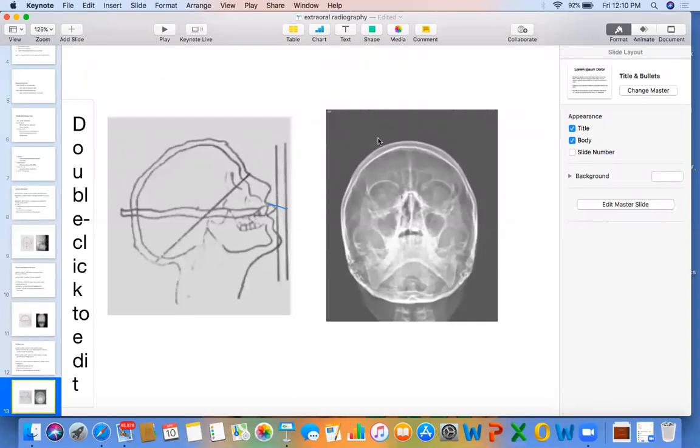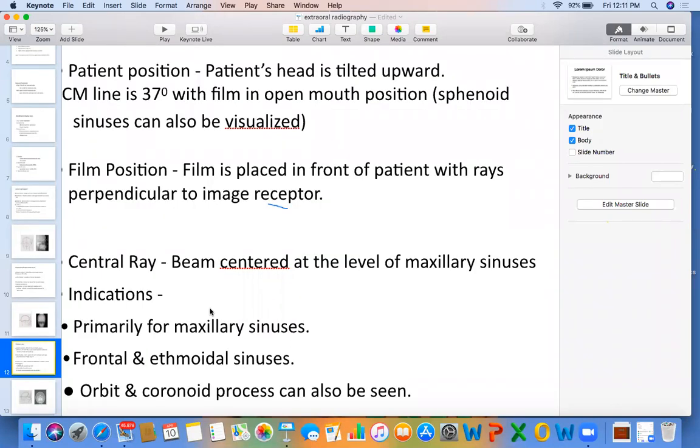Now this is how it will be seen as a radiograph. This is the maxillary sinus, you can see clearly. Now by adjusting the contrast, you can visualize these sinuses more and more. So again, we'll go to indication and just have a look at this image. This is our cassette. This is the 45-degree angle and this is the central ray. I will again go to indications.